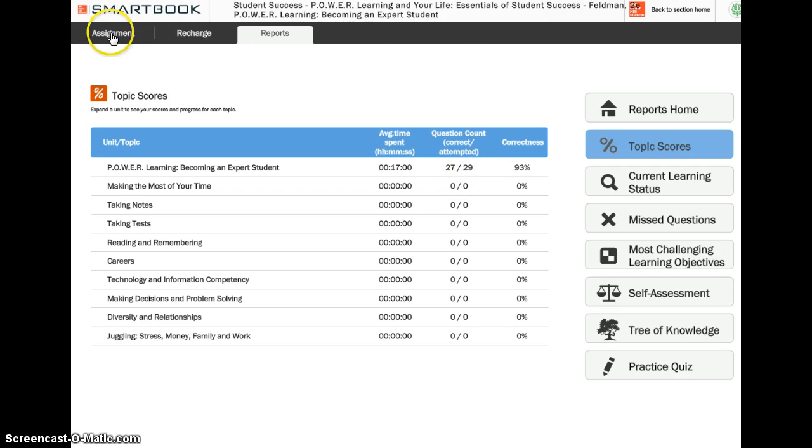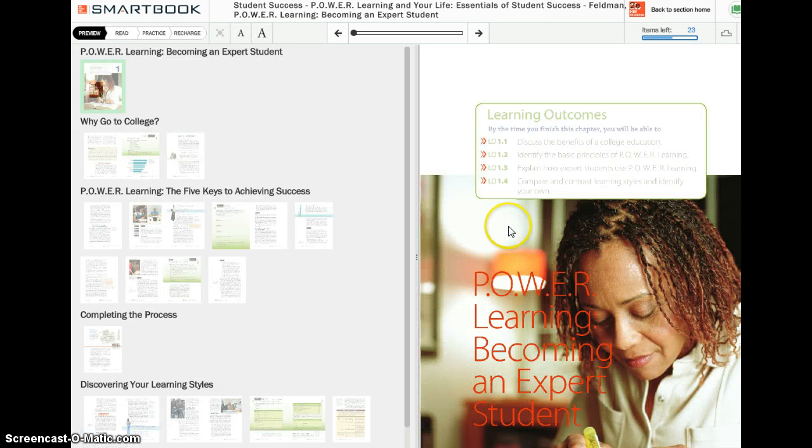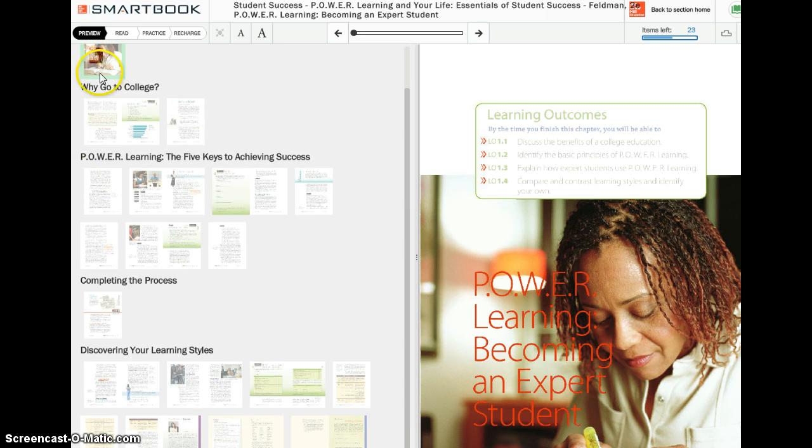All right, so let's go back to the assignment and show you. I'm going to hit Start Learning. It's going to take me back to where I was before. Here is the reading that I want. So if I have read all of this, I can just go through and hit my practice and complete everything that I want to complete. So if I want to choose, and I probably read up to here maybe,